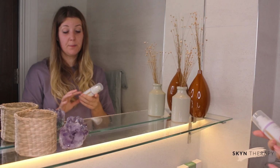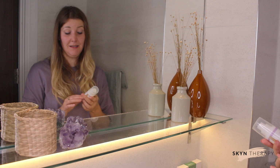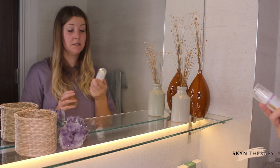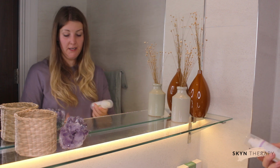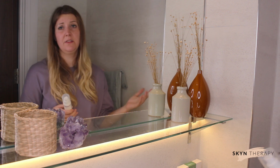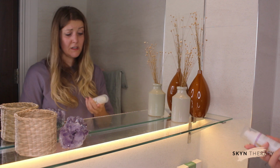They call it a moisturiser, but again, I would say it's more of a serum. This is packed. This is like one of my holy grail products. It is packed with amazing ingredients for acne, in every stage of acne. You've got niacinamide, which